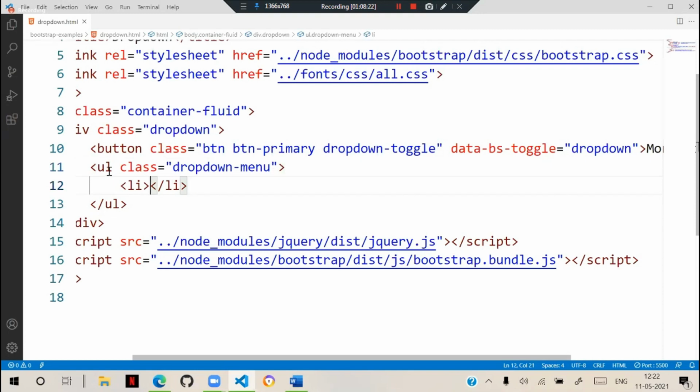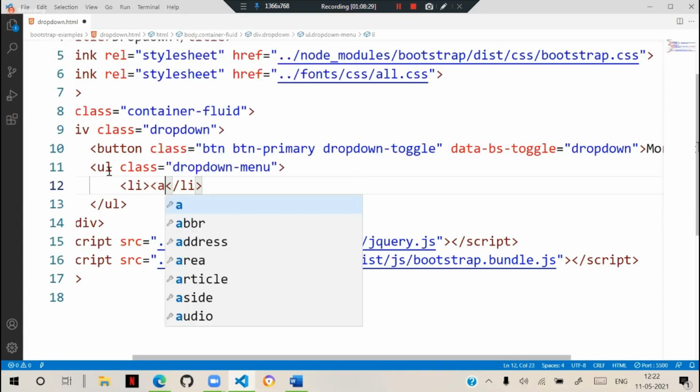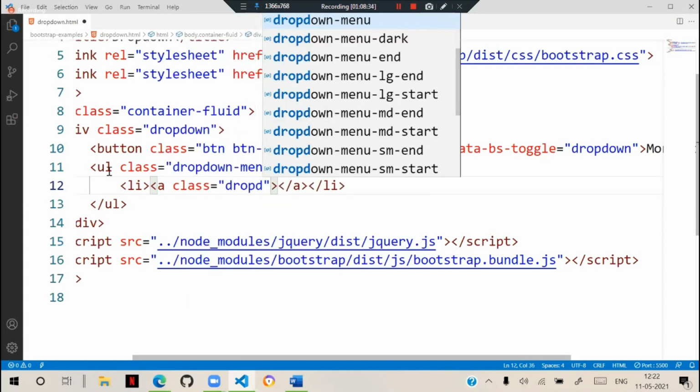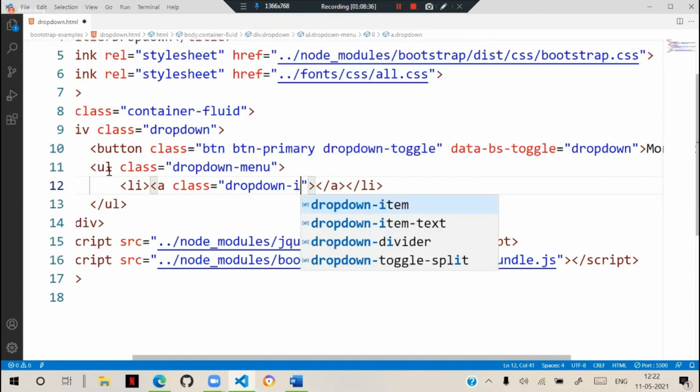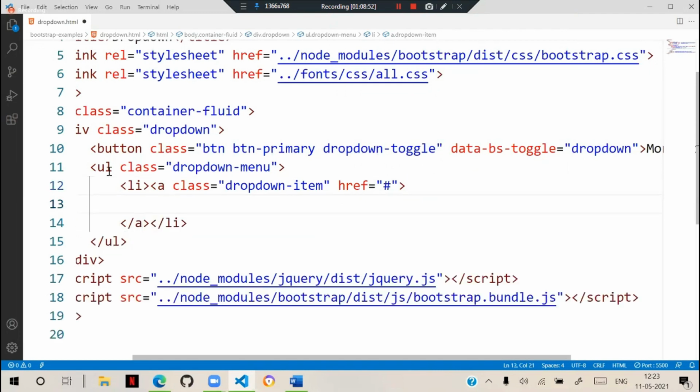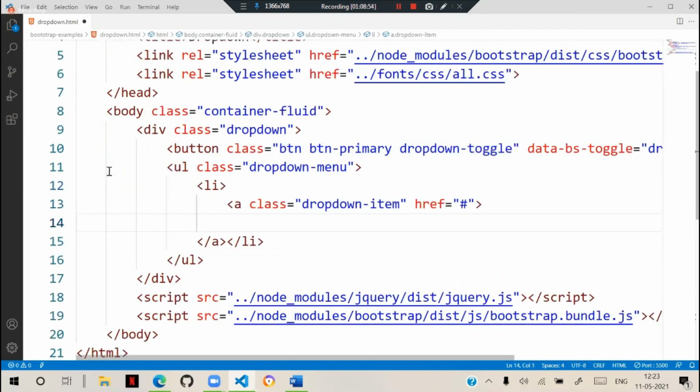Inside the dropdown-menu, we have list items. And in that, we can keep an anchor. That anchor can have the class dropdown-item, and href equal to some hash I'm giving. And you know that anchor text, so I can give this anchor text. This is one list item.